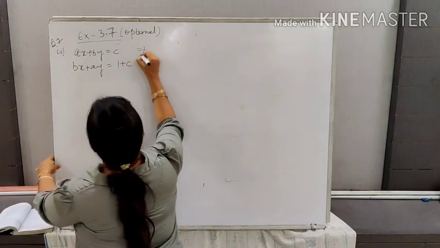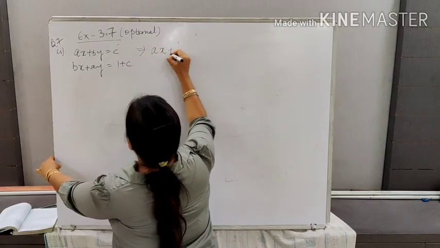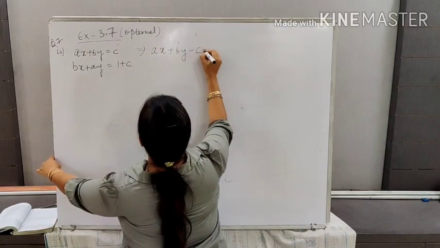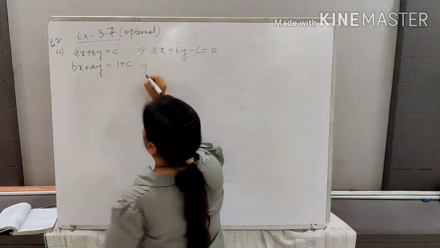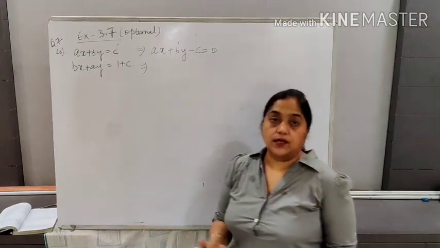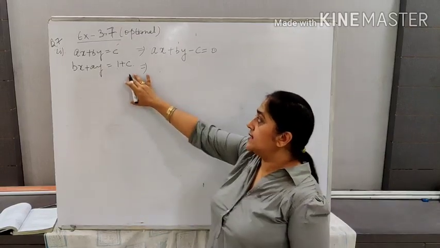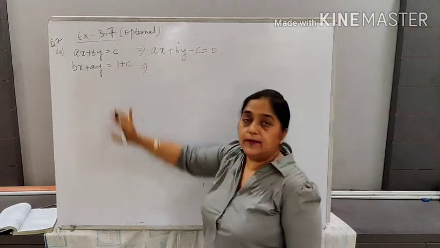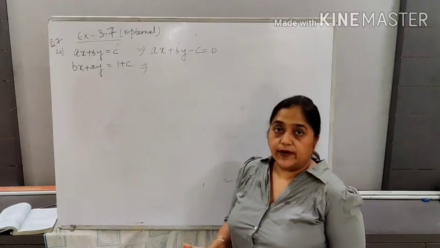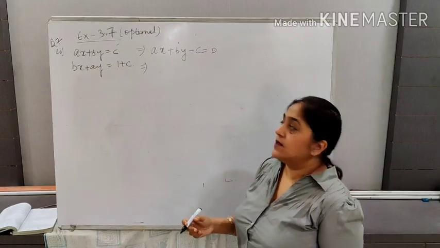Now what will it do? We can use any method which we like, but whenever it is mentioned that you have to use cross multiplication or elimination, then you have to use that particular method. Now, this can be done very easily with the elimination method, but since we have already discussed that, let us do it by cross multiplication.